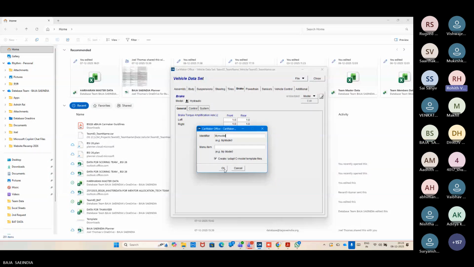You can use my model for both the sections. If you click on OK,